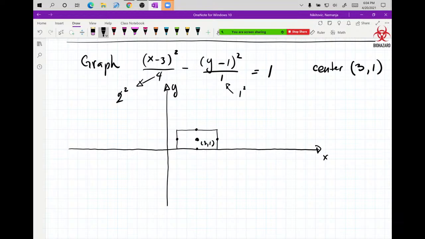And the reason why we need that rectangle is that the corners of the rectangle will give us the asymptotes that the hyperbola is going to follow. So I'm going to draw, maybe you can do blue. We're going to connect the corners and go to the other side as well. It goes through this point, this point, this point. Okay, so